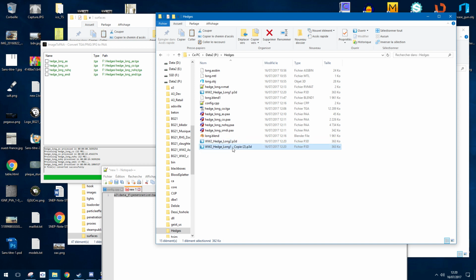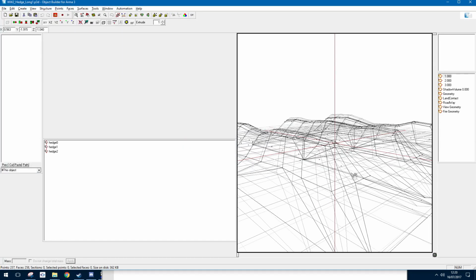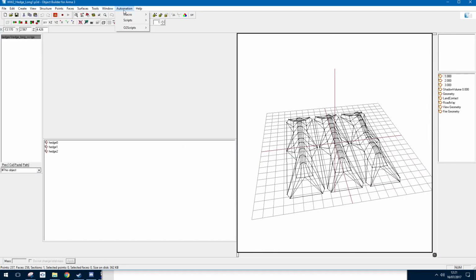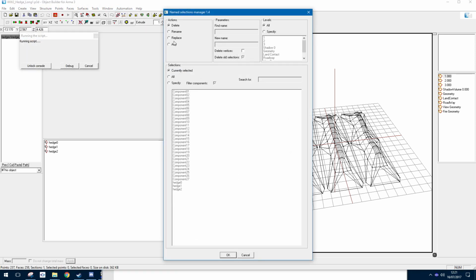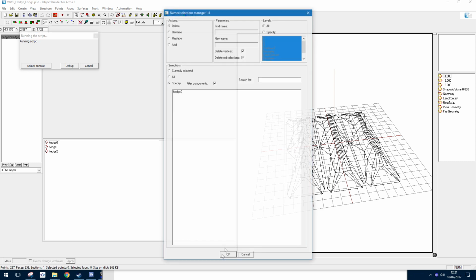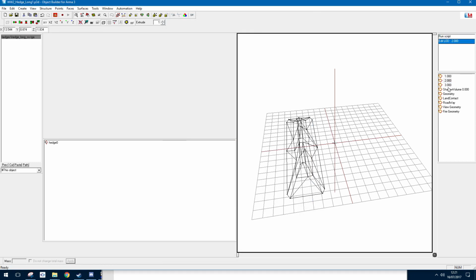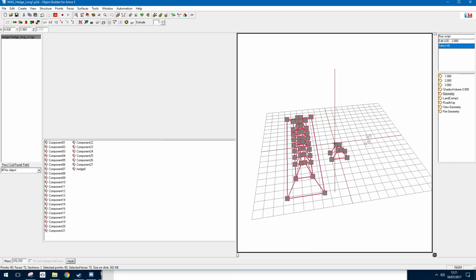Okay, so I'm recreating my 3 files here, and why I did this is I just have to go to automation, auto script, named selection here, and I'm going to hit delete, selection specify, and I'm going to check the delete vertices and select edge 1, for example, edge 1 and edge 2. And here when I close it, it's already done on every LOD except this one because I made a mistake. Just checking quickly,